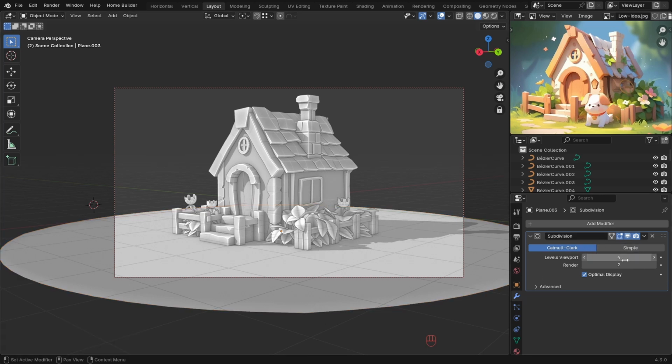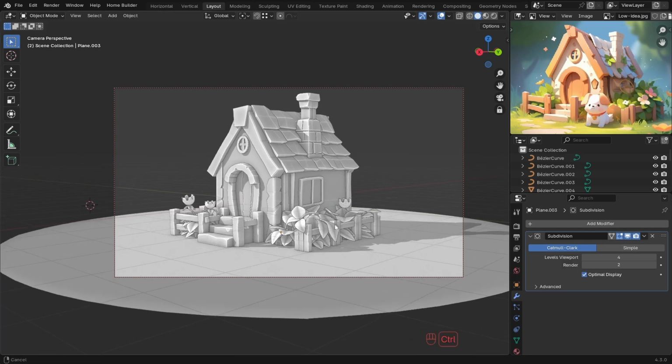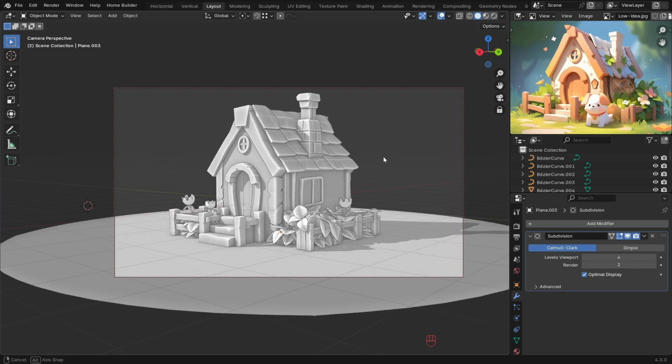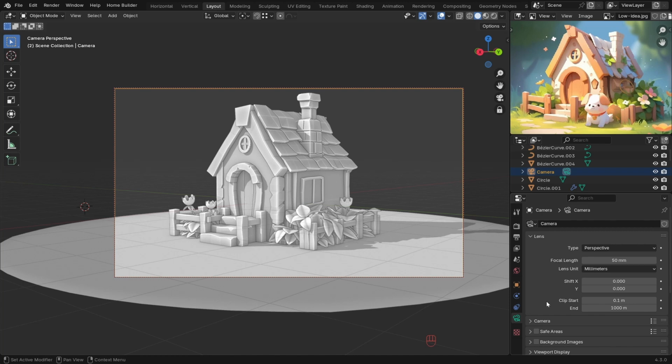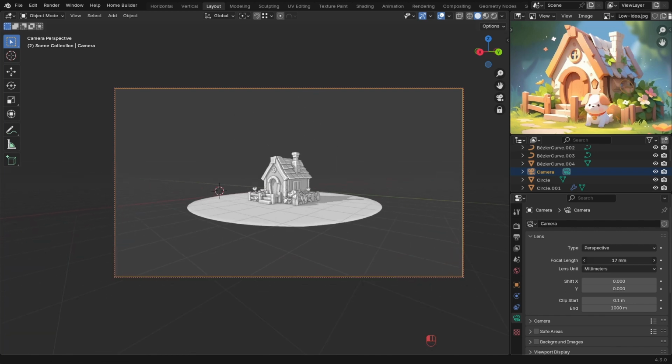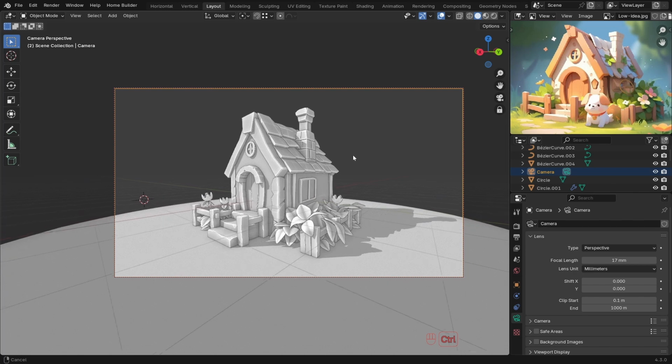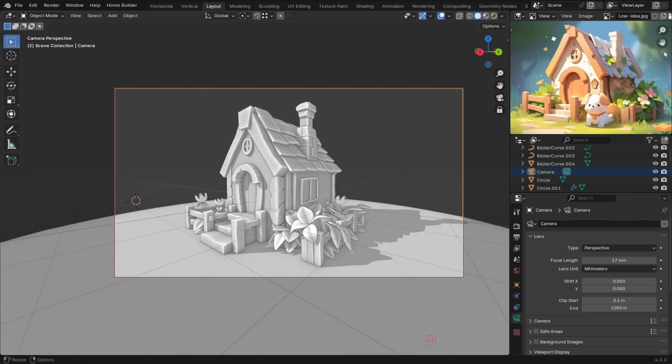In this case, we can add 4 levels of subdivision. Now let's play around with the camera setting, such as zoom. If I set the focal length to lower, you will get this fisheye look,